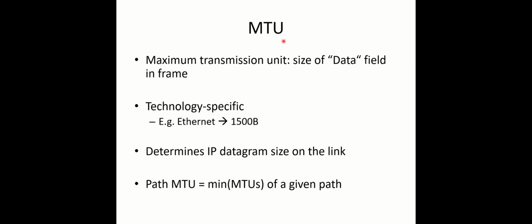We saw in session 1 that I need to go through 26 links to reach the website at Pisa University. If I want to avoid the fragmentation of my IP datagram, the datagram should be smaller than the smallest MTU size of the 26 links. The smallest MTU size of the communication path, by the way, is called the path MTU size. We will learn later why this size matters.